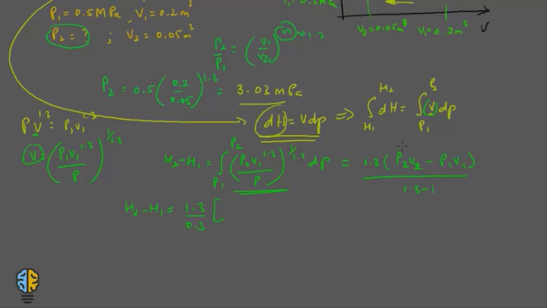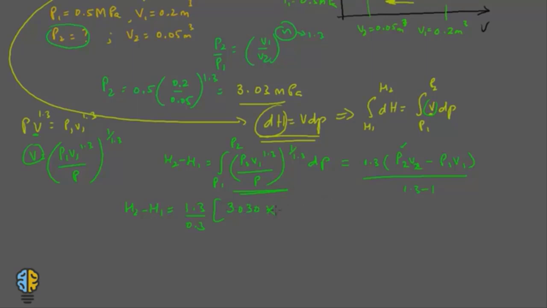Now, P2 is how much? 3.03 megapascals. Now this is in megapascals, and we need kPa, that is kilopascal, so we'll multiply this by 1000. So we will get 3030